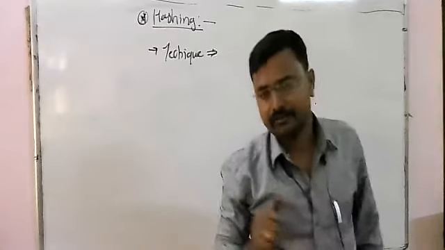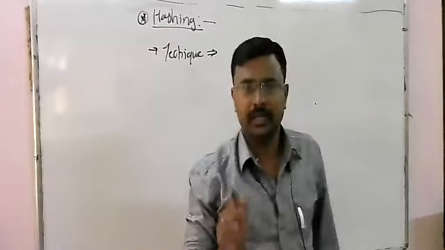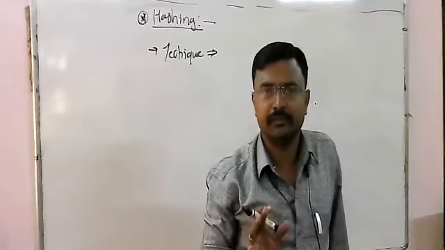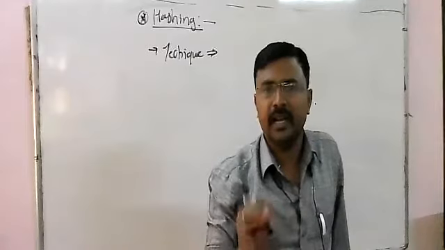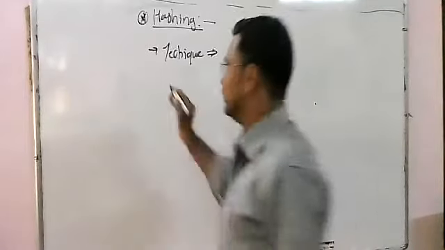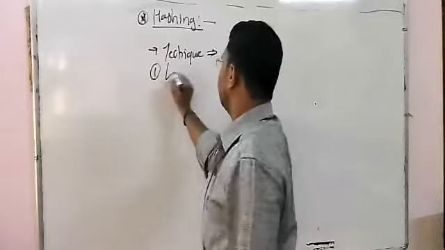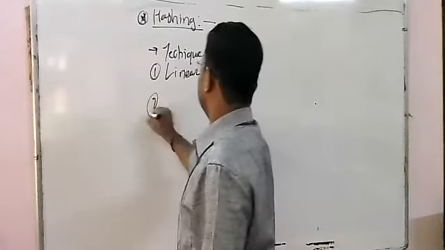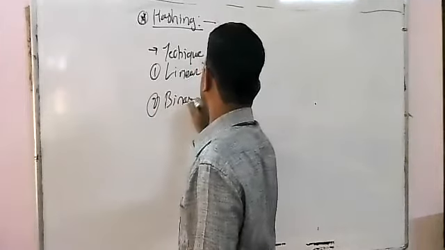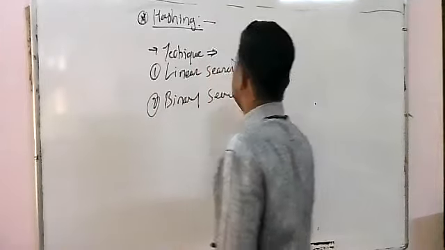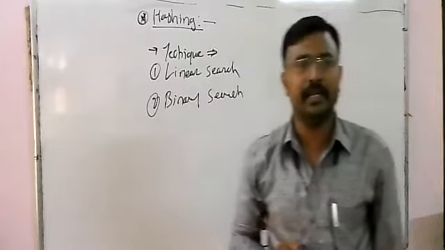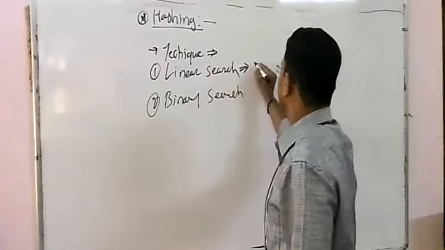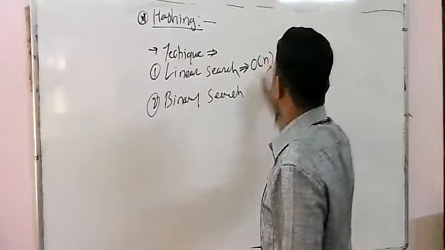Now, as we know, there are two searching techniques available in a data structure. The first one is a linear search and another one is a binary search. These are the two techniques available in your data structure, where the linear search has the worst complexity of